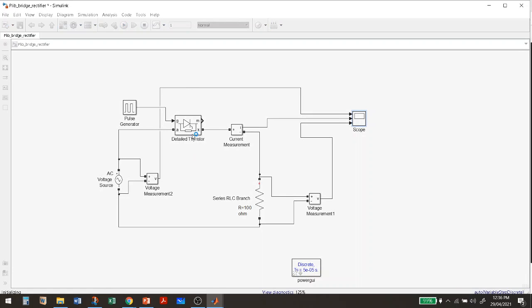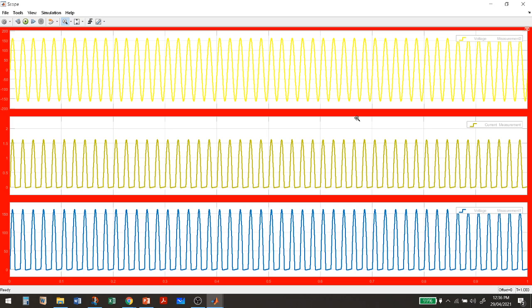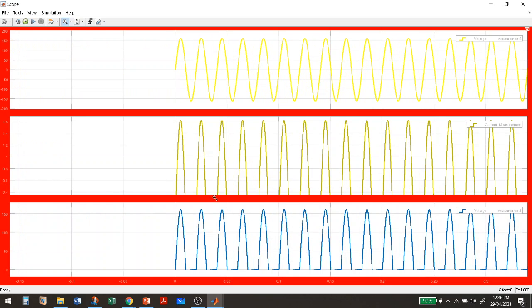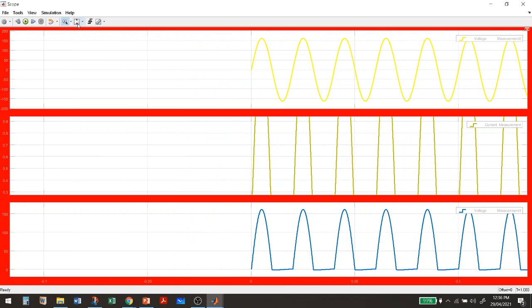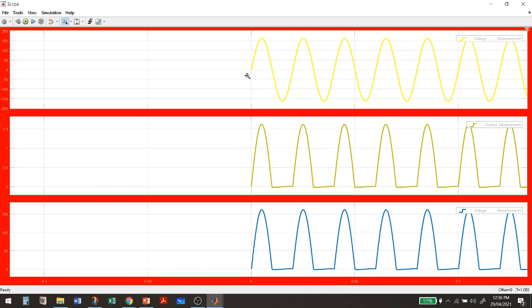So this is one thyristor I have added. Okay, so it is like your half wave controlled rectifier. You can see the output. This is the sinusoidal input waveform, and then this is your current measurement.